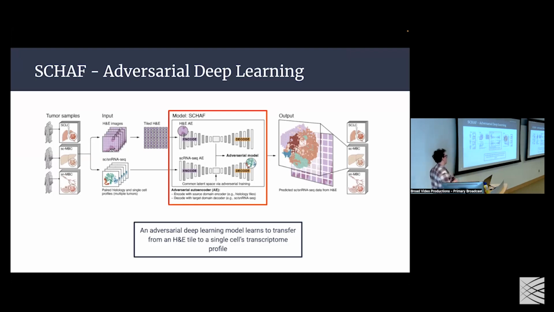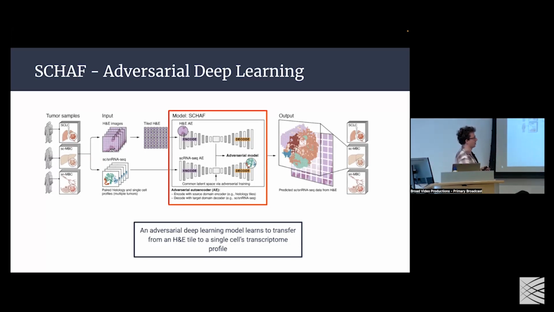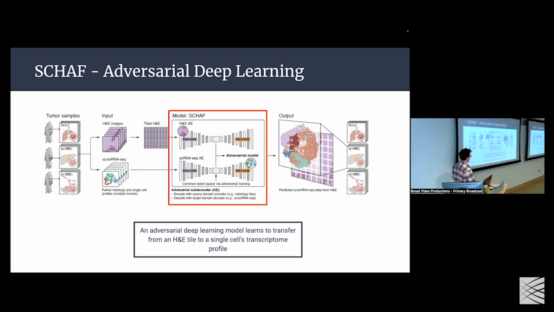And we are going to leverage the framework that John mentioned from Caroline Uhler's lab to learn a common latent representation of these two modalities. So we're going to learn two autoencoders, the first of which is going to take in H&E tiles, each representing roughly a cell, and encode and then decode, very straightforward. You have another autoencoder that's going to do the same thing with the single cell data, encode and decode. And the caveat here is that they encode to the same latent space.